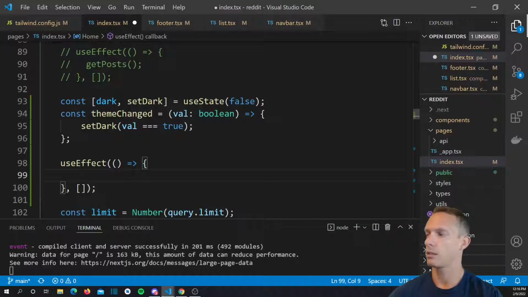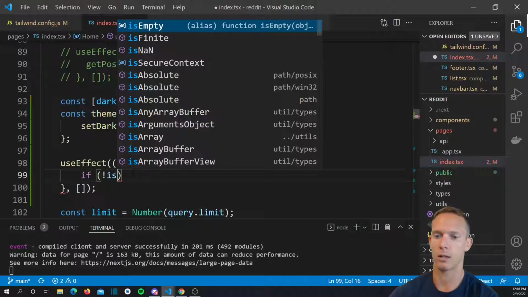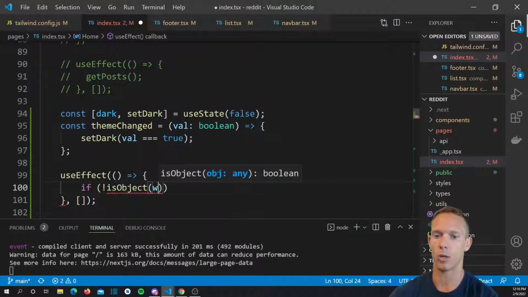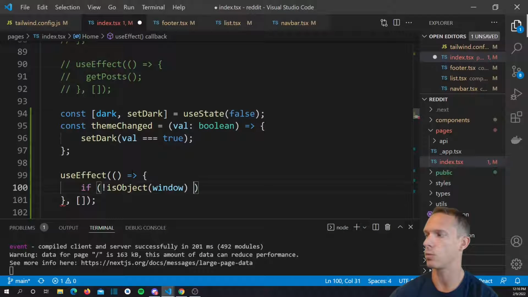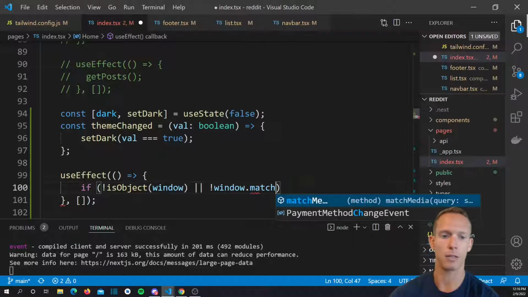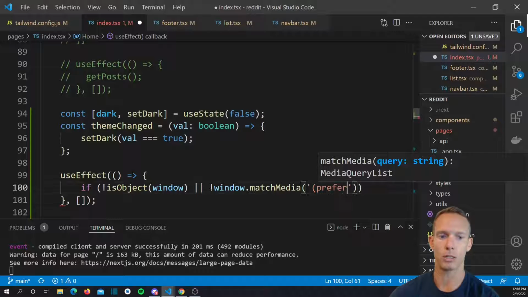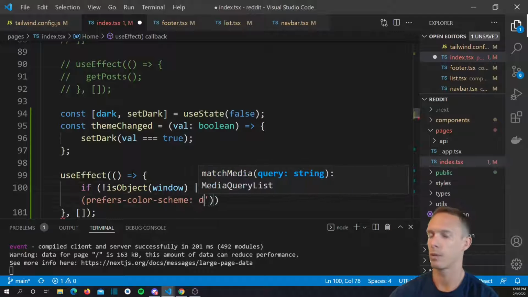And basically how we're going to do this is we're going to say if not, we want to check window itself, right? So if not is object window, or not window dot match media is a function on window, and what we want to check for is prefers color scheme dark